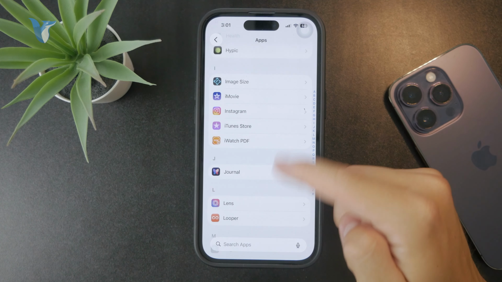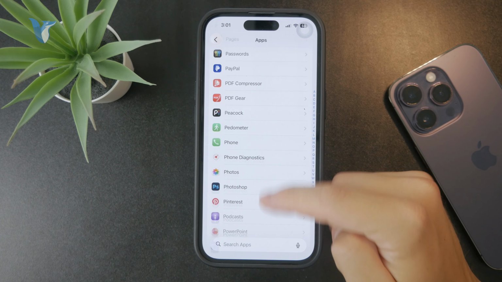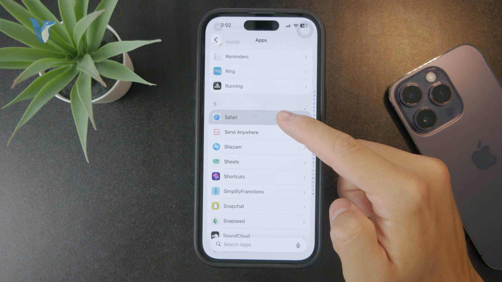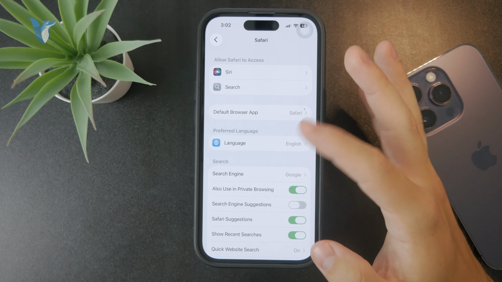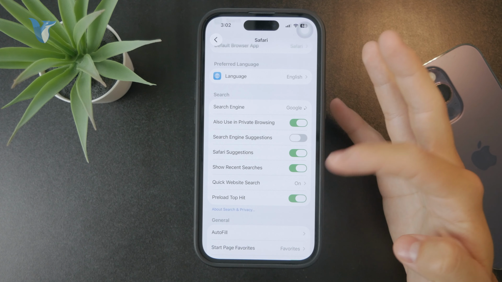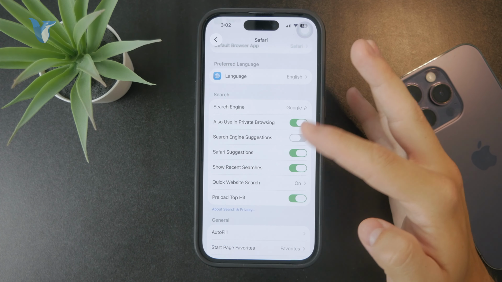So it's sorted alphabetically, and we need to just find our web browser. So again, it is Safari like this. We click on it this way. And as you can see, plenty of things to go through and changes to be made, but we are looking